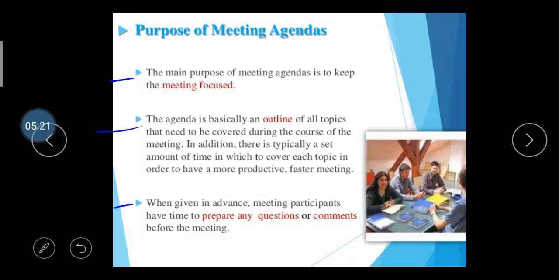If you provide the overall idea of your meeting before the meeting is held, your participants get the idea easily, and they have time to prepare questions and comments regarding the meeting. Then after,